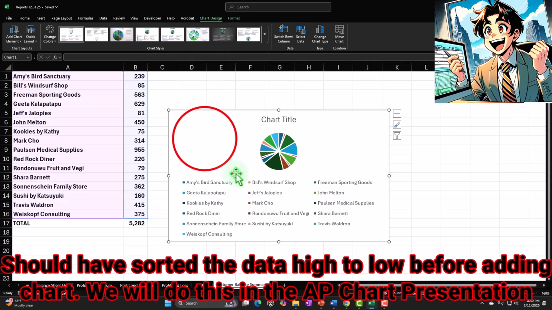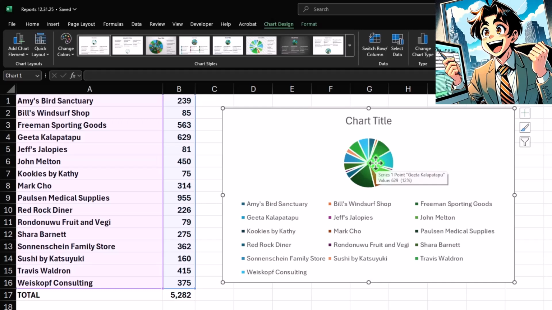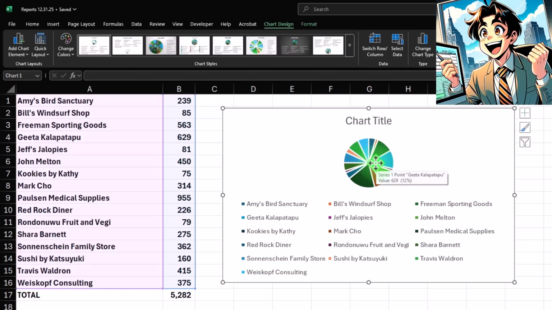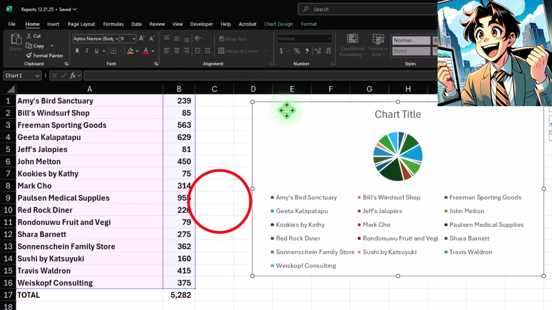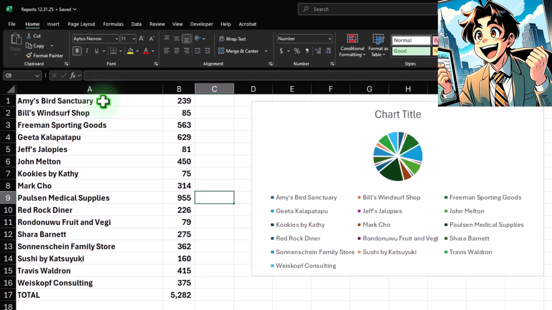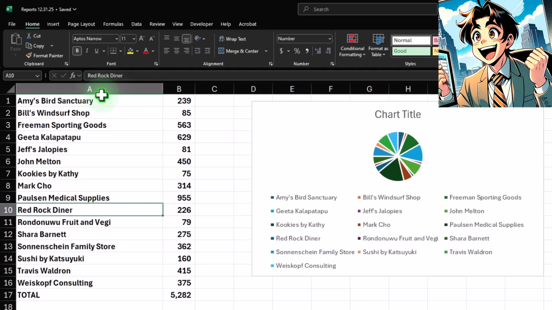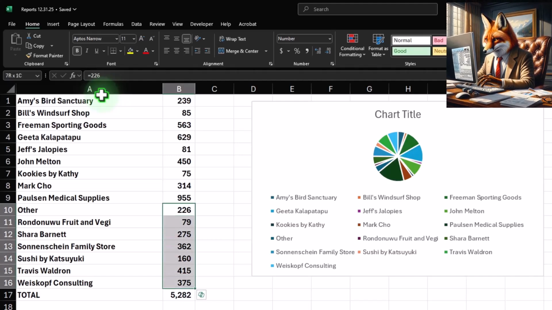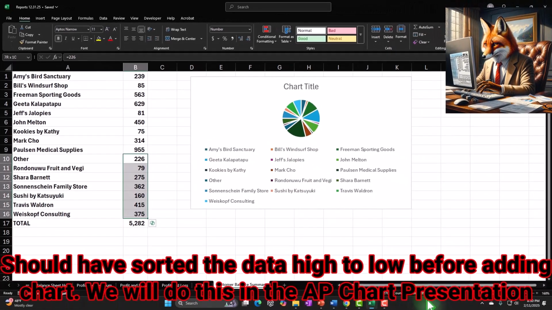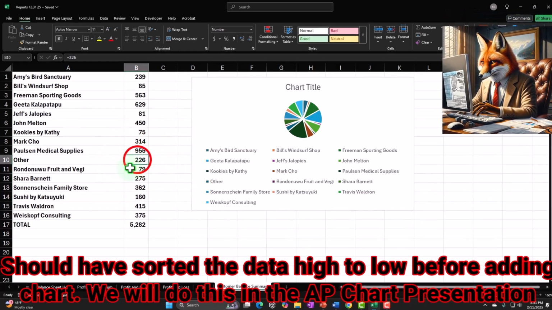Now, normally we're going to see there are too many slices to the pie. Usually I only want like 5 slices. So what I'm going to do here is group the bottom bit of this. Let's go down 1, 2, 3, 4, 5, 6, 7, 8, 9, and then maybe 10 right here. I'll put all the rest in other. So now if I go over here and select all of these, that adds up to the